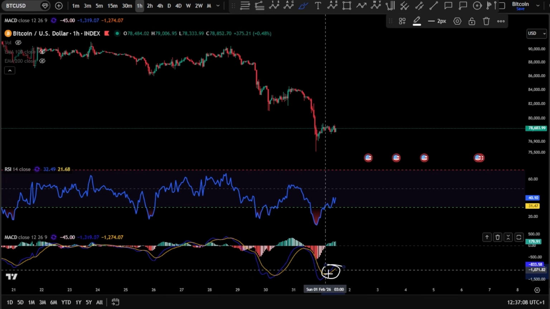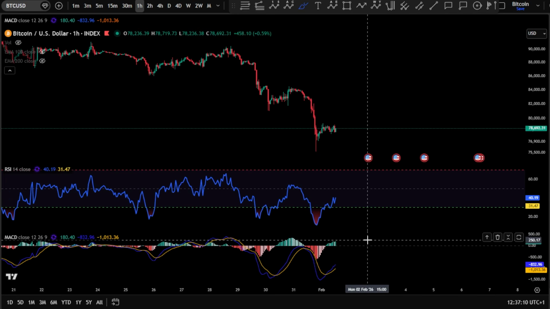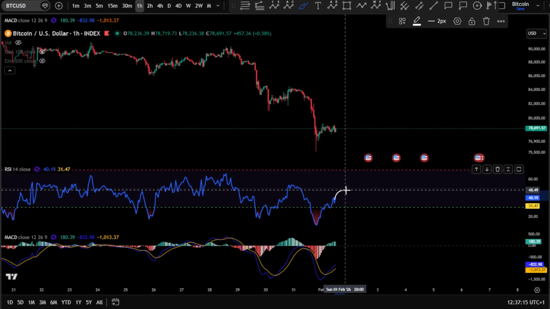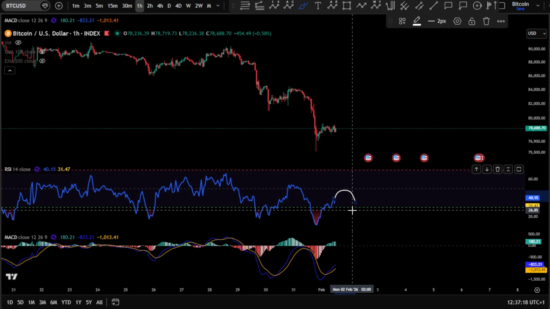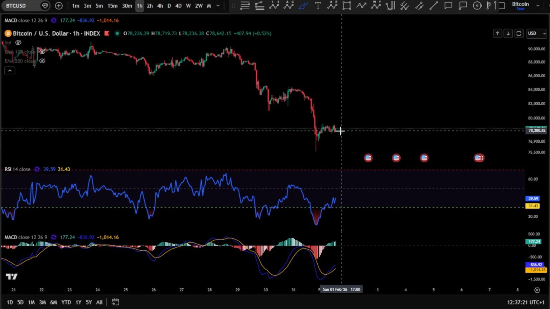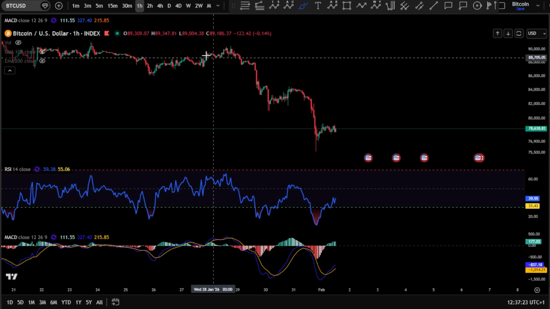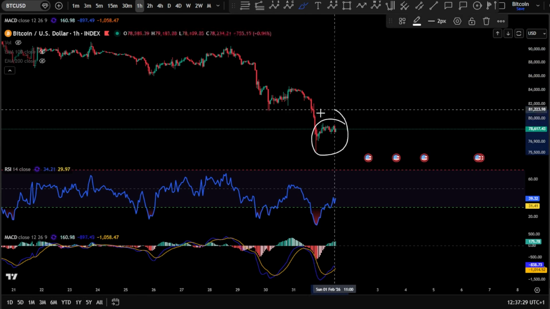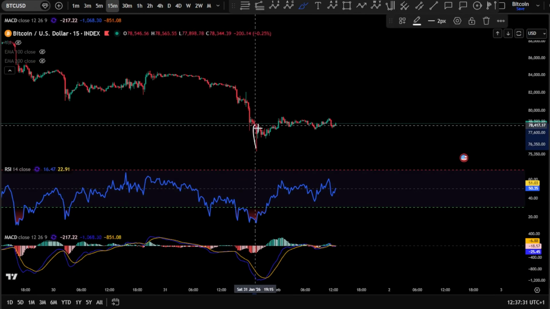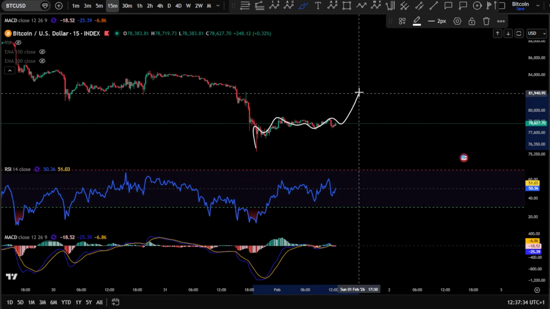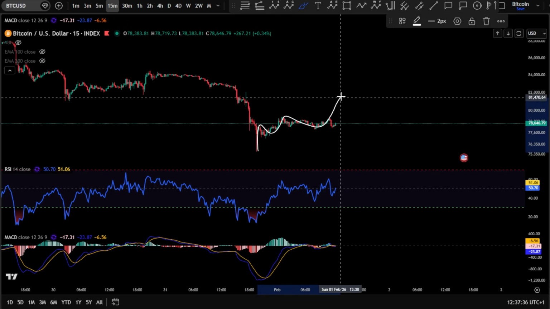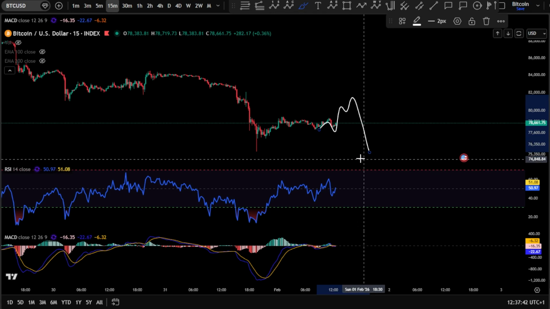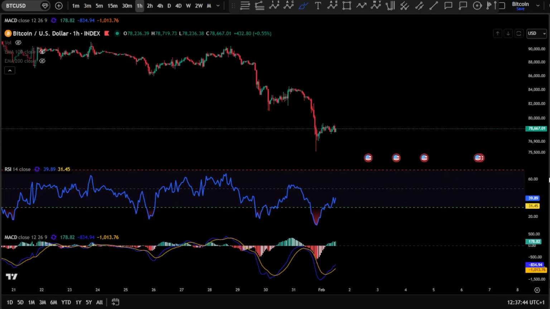However, on the MACD, we see a bullish cross as well. We see momentum building up here in green, which is nice as well. But I'm still wondering if the RSI is going to pass the middle line here and finish this as a potential wave 3 in a zigzag. So the 1-hour chart here shows some green, but I'm not yet so much convinced with it because the 15-minute chart here shows just 3 waves, guys. Now, it can be even a regular flat, something like this, and then pushing down again, meaning something can unfold for higher and then push down again. So we're gonna be careful with this.